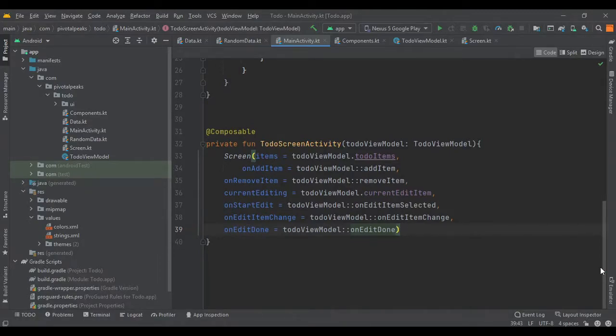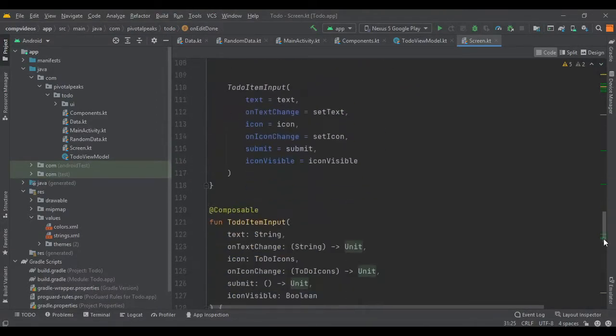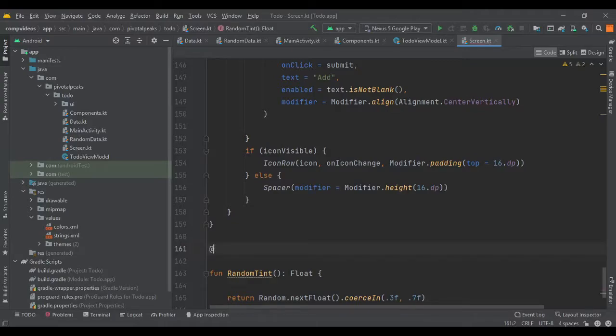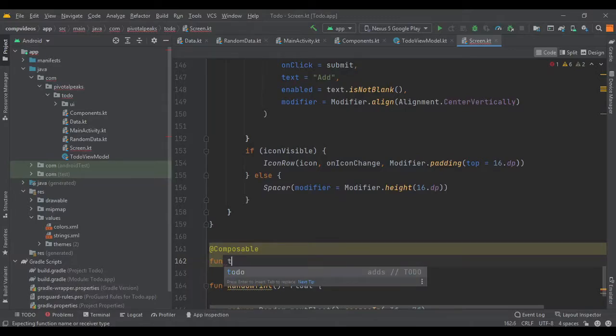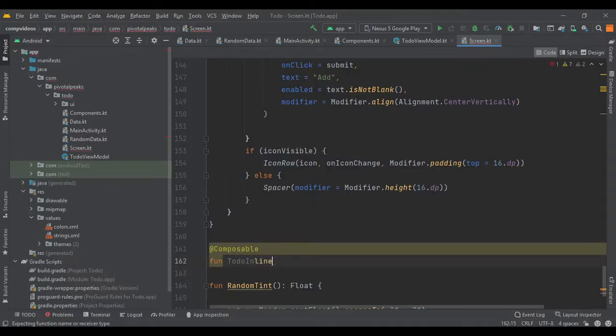Now we need to define an inline editor in the screen file. So let's do that. Let's go to the bottom of the file, and before the random tint function, let's define our new inline function. So @Composable fun to do inline editor,